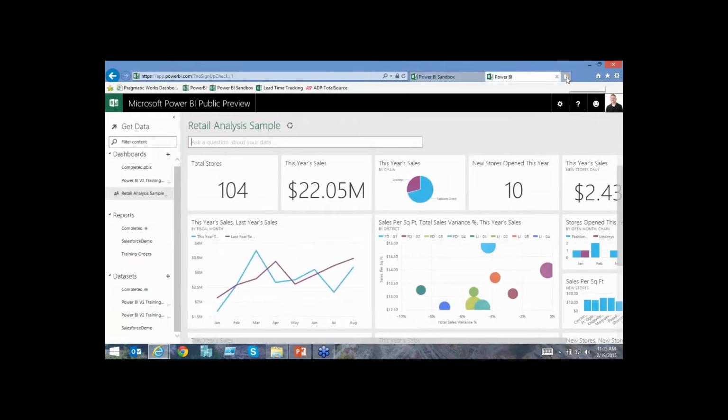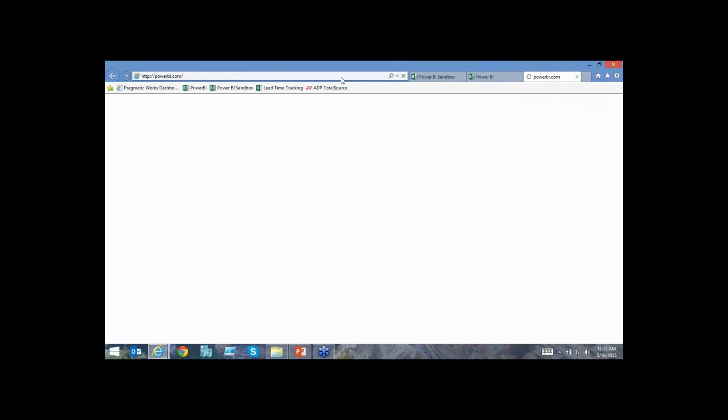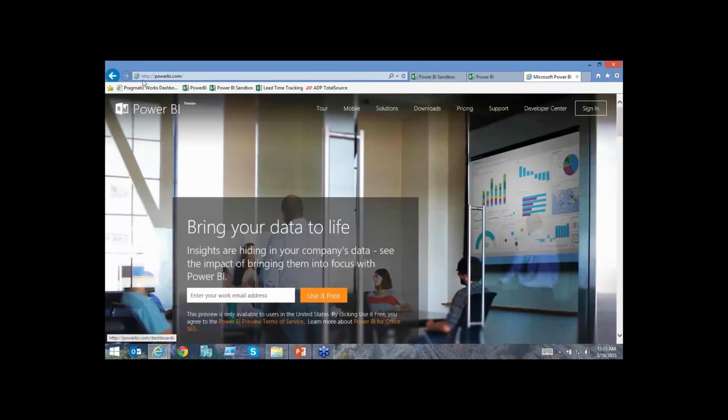You would simply go to powerbi.com. So I'm going to pull it up like it's fresh here. It might already have me signed in, but I'm not signed in yet. You would simply go to powerbi.com, sign in, and as long as you provide a business email account,